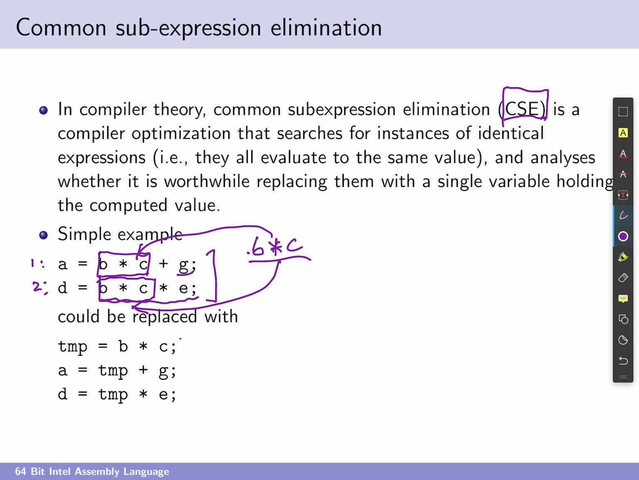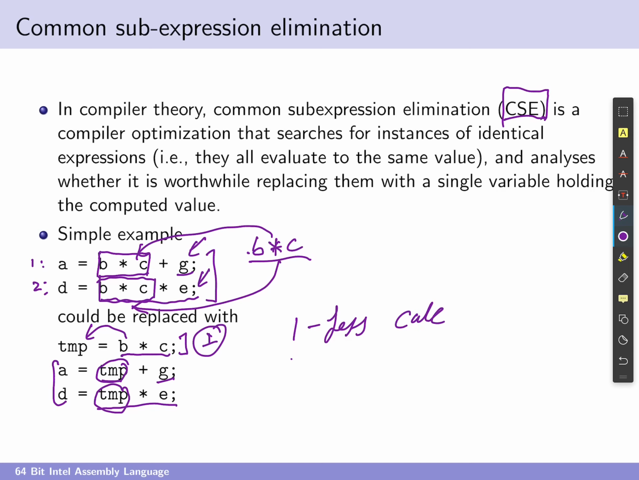So we could actually rewrite this code as follows, where I'm going to store the product of b times c into temp, and then I'm going to do the calculation for a and d. So now I simply have temp plus g, which is basically this calculation over here, and then I'm going to go temp times e, doing this calculation over here. But now the big thing here is I've only done this multiplication to get temp once, which I did over here. Now there is a trade-off here. I have one less calculation, let's say one less calc, but I have one